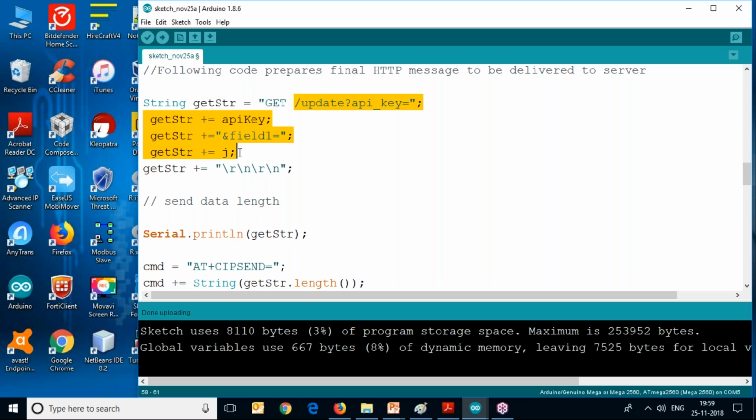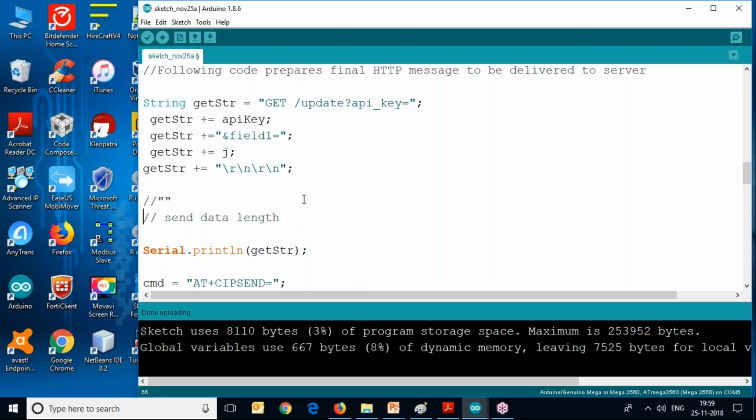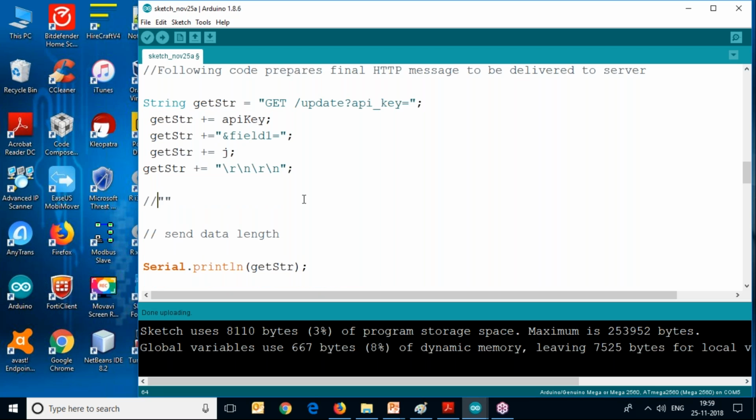Field 1 is our data which has to be uploaded on the cloud, and then the command must end with /r/n. Okay, so the final string would be, let me put a comment over here, the final string get str would be, there is a line ending. Okay, so get str would be GET space /update